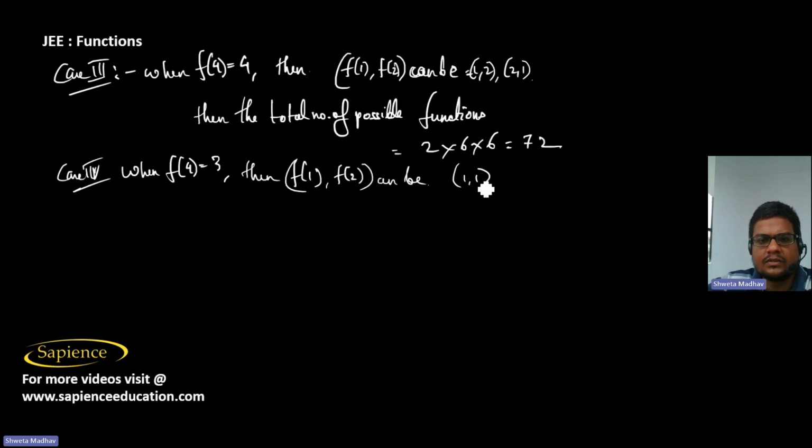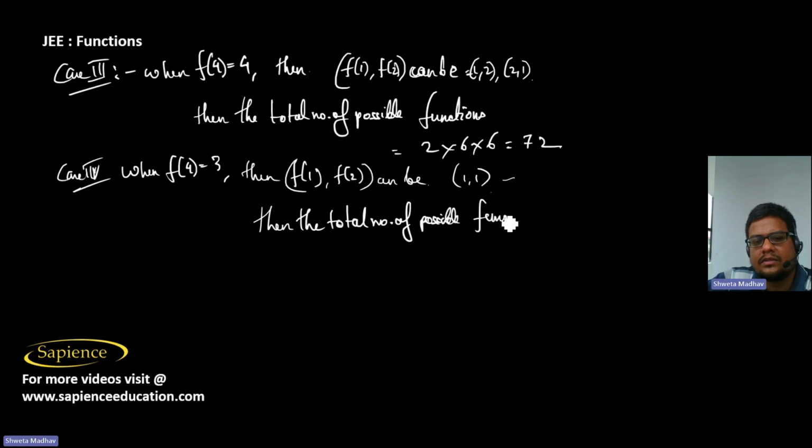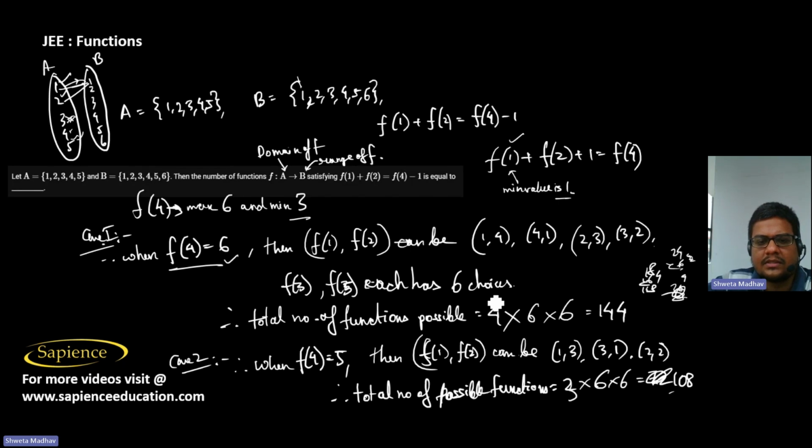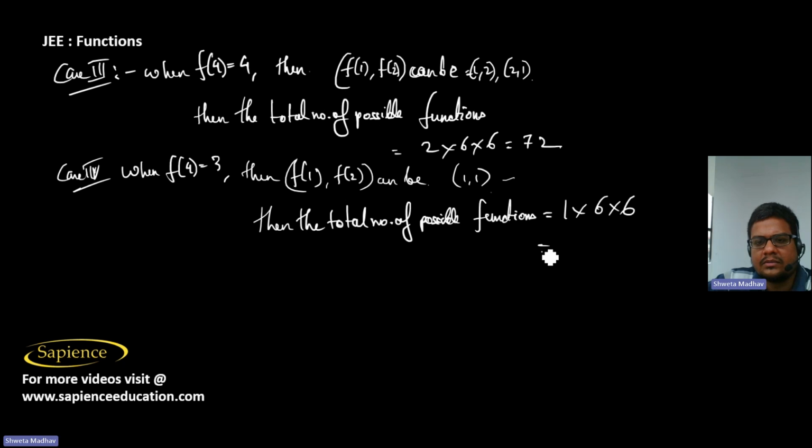Sum should be 2 here, so 1, 1. So then here the total number of possible functions will be equal to 1 into 6 into 6, since f of 3 and f of 5 will have 6 options for each. Then this will be 36